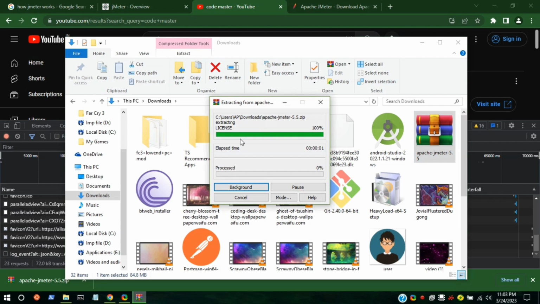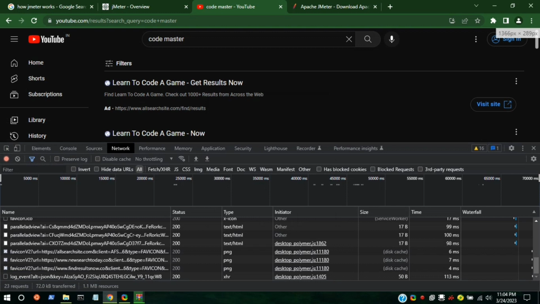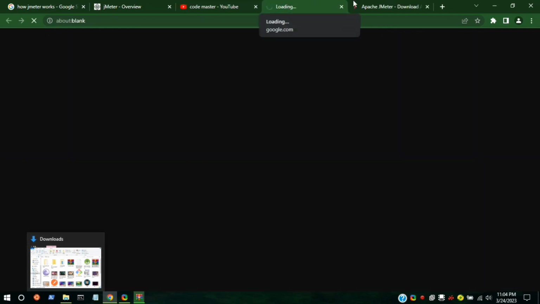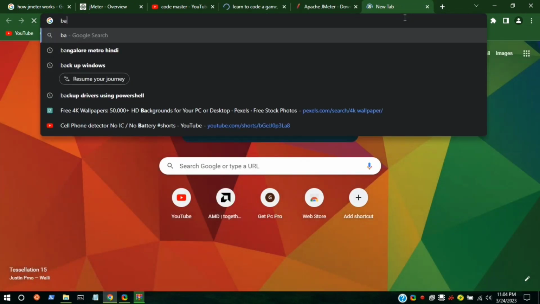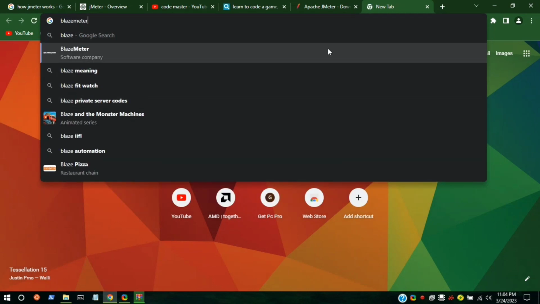It takes some time to extract. It depends on your system, like if your system is good enough to handle it, then it is very good. But moreover, it does not depend only on the system; sometimes it also depends on the server. Now the thing is I need a JMX file. For that, a very good tool is Blazemeter. Okay, Blazemeter, it is a very good tool. So the Blazemeter extension,